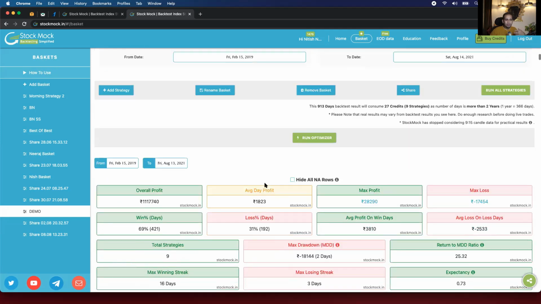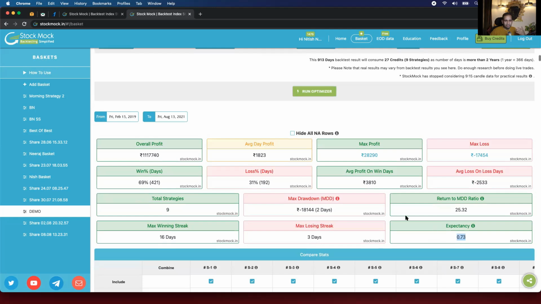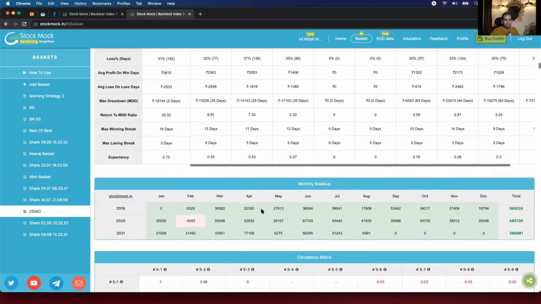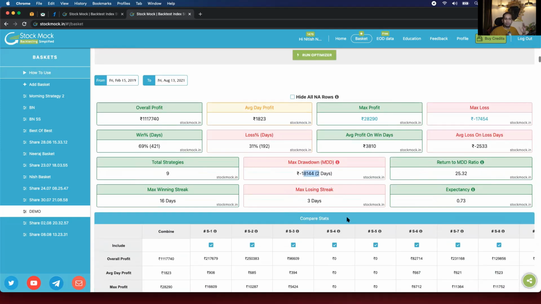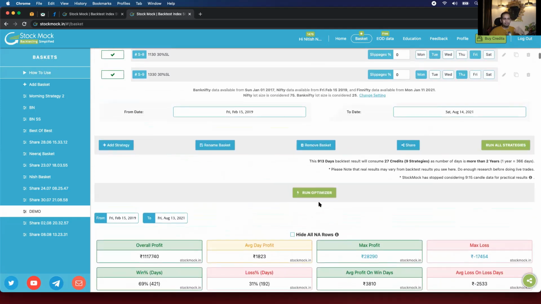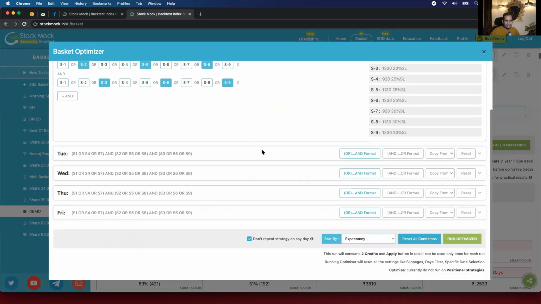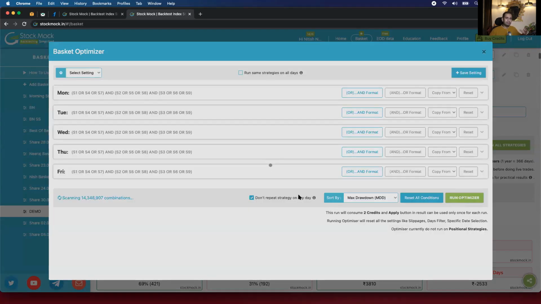So this is where you will create the strategy, which has a 0.73 expectancy, 1800 something day profit, and 18,000 drawdown for 3 lots. It's not bad at all. Okay, you scroll down, you see monthly profits. You can see so many things. Similarly, if I go to the optimizer again, I tell it, no, don't find it based upon expectancy, because now I know the best expectancy is close to 0.7. I am now wondering, can I find the best drawdown as well? Like, what is the best drawdown?